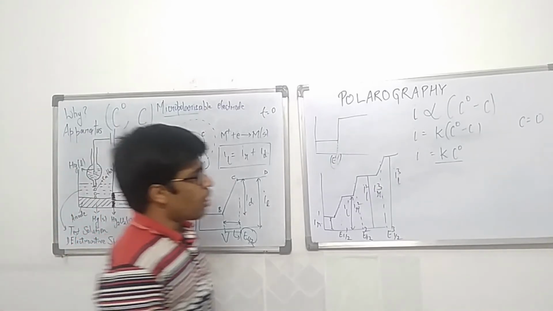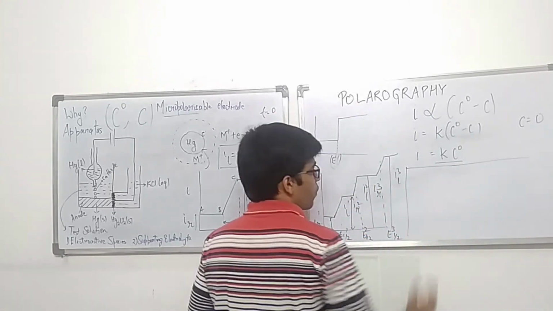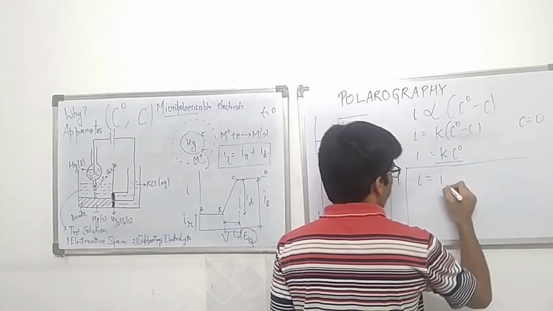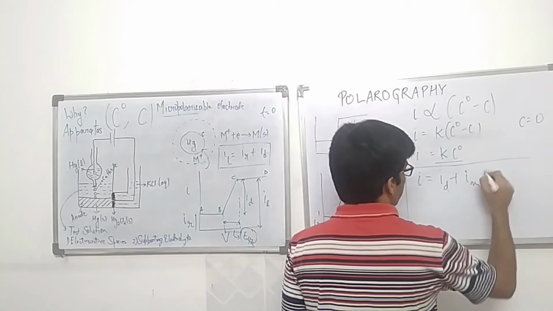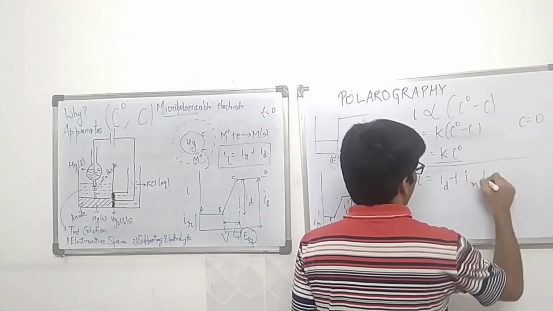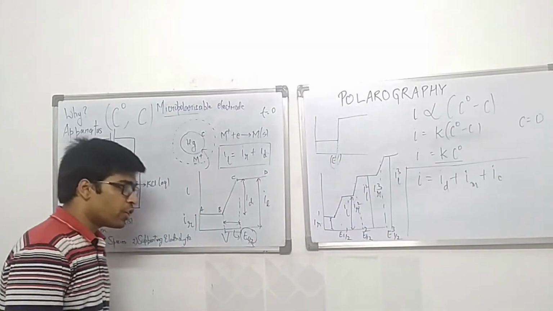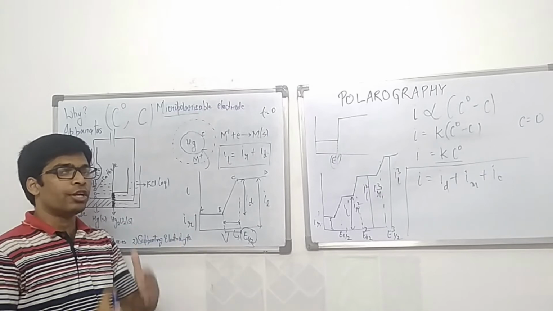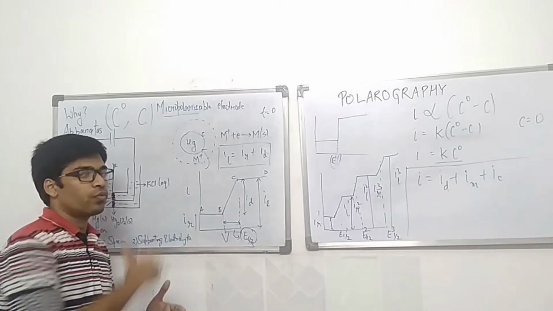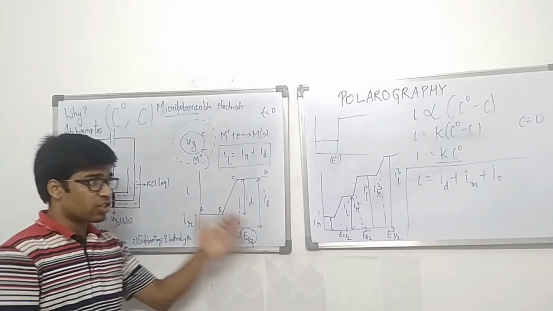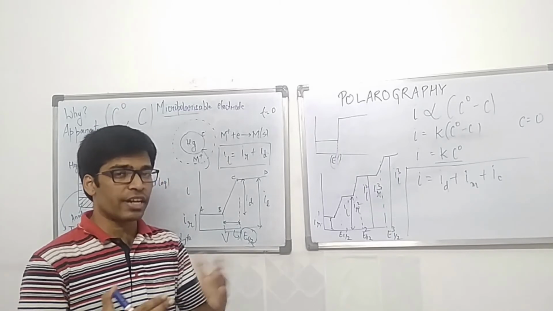Okay. Now, there are some other current components also involved. First of all, you obviously have the diffusion current, then you have migration current, and you have convection current. Now, what is convection? Convection means the transfer of a property with the movement of the particles. That means the particles directly move to transfer the property. And in case of current, the particles are directly moving to conduct the current or to create the current.